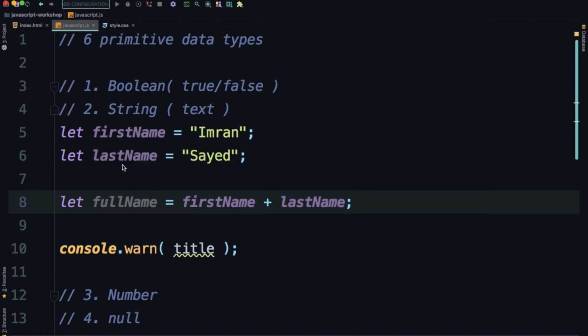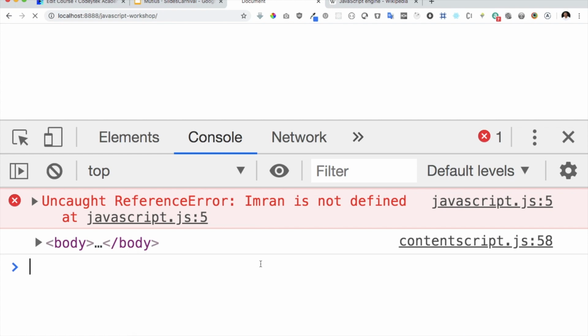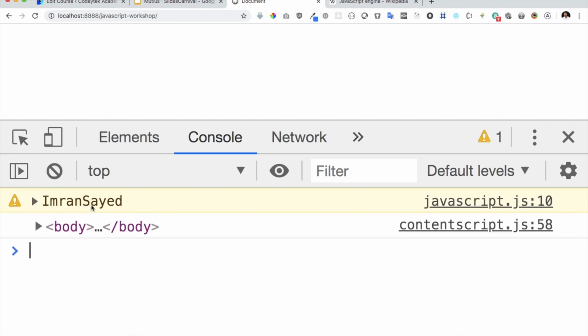Okay, and then I can just print the full name. Okay, so let's see what we get. Refresh, there you go, you can see. Now of course it doesn't look good because there's no space in between, so what you can also do is